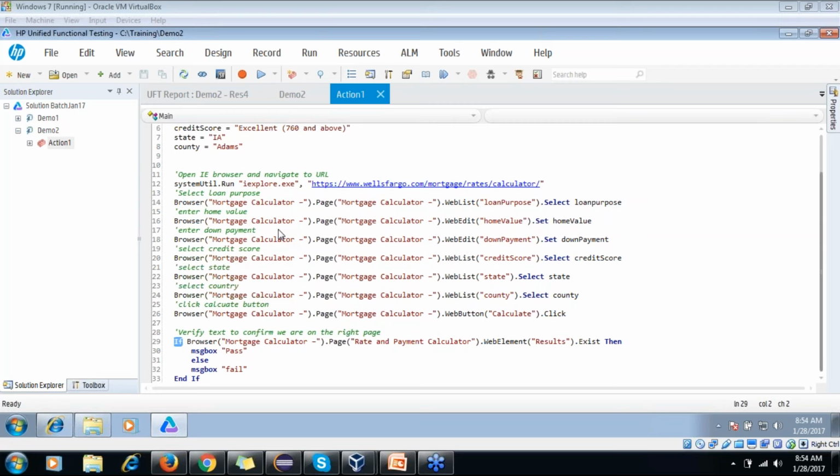It's not UTP, it's UFT. Before 11 or 11.5, it was QTP. QTP 9, QTP 10, QTP 11, and onwards they changed this name to UFT. So now it became UFT 11.5, 12, 12.5. They are the same tool, but QTP was the older name. Now it is only UFT.